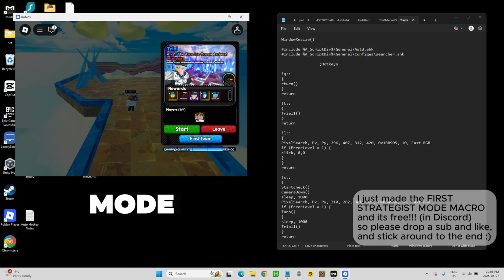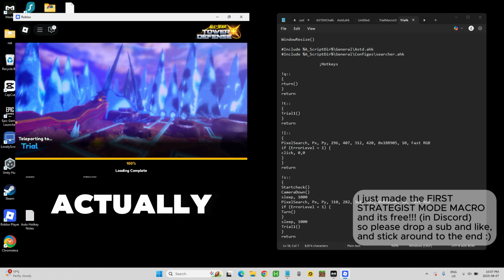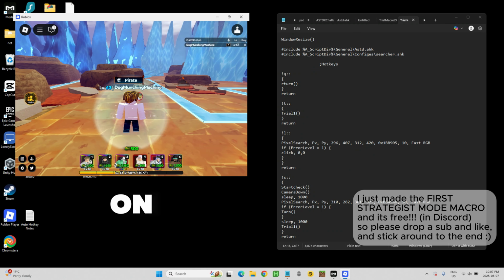Now strategist mode. And I made this, it took me 6 hours to make this, so the least you guys can do is watch the whole video, because I'm making it free too. So you go in, click Alt S. And a cool thing that I did is I actually made it check if you have auto skip on before